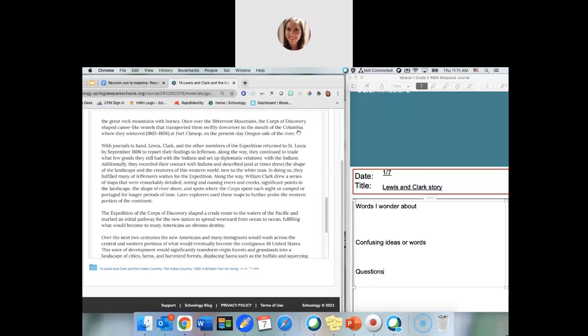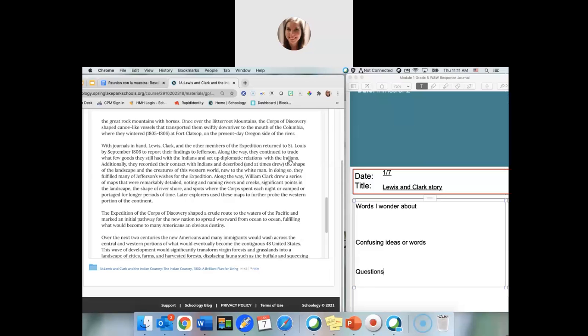This route delivered the explorers to the doorstep of the Shoshone Indians, who were skilled at traversing the Great Rocky Mountains with horses. Once over the Bitterroot Mountains, the Corps of Discovery shaped canoe-like vessels that transported them swiftly downriver to the mouth of the Columbia, where they wintered 1805 to 1806 at Fort Clatsop on the present-day Oregon side